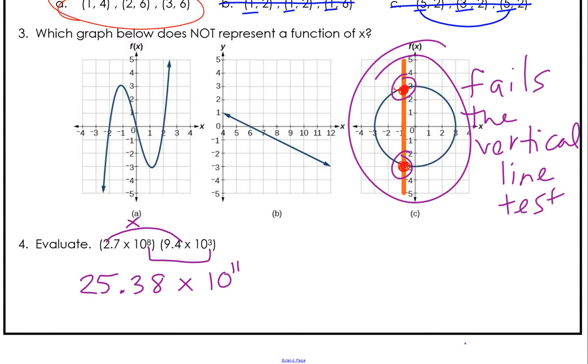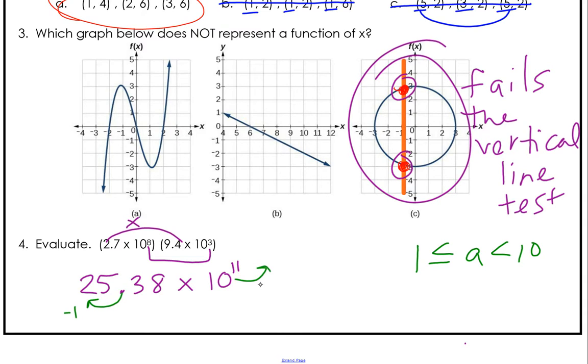Now sometimes we can stop and the problem would be finished. But for us, our coefficient, which is that leading number right here, is too high. It needs to be a number that is either equal to or greater than 1, but also less than 10. And 25 is higher than that. So what we're going to do is modify this number but not change its value. And by modify, I mean I'm going to move this decimal point one place lower so that it's 2.538,